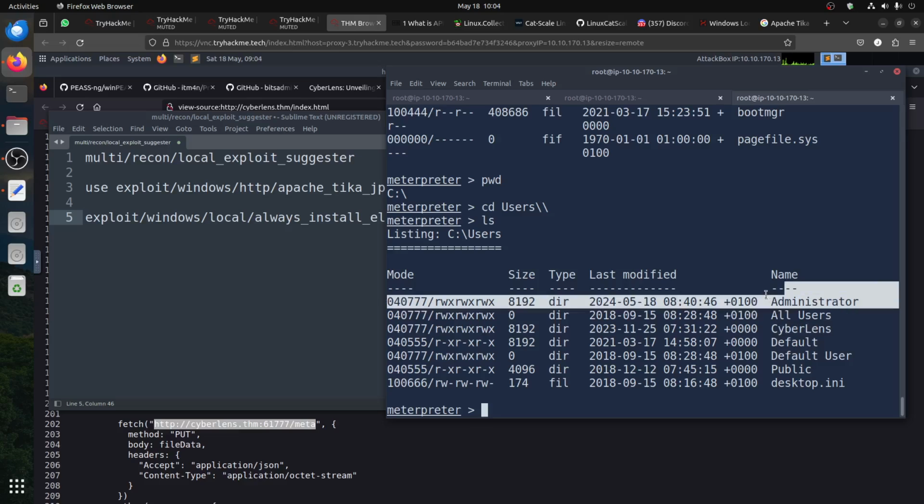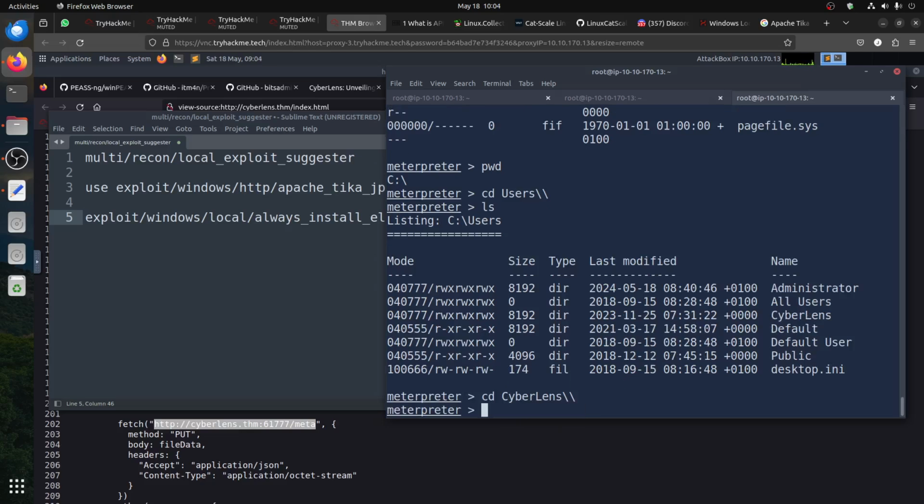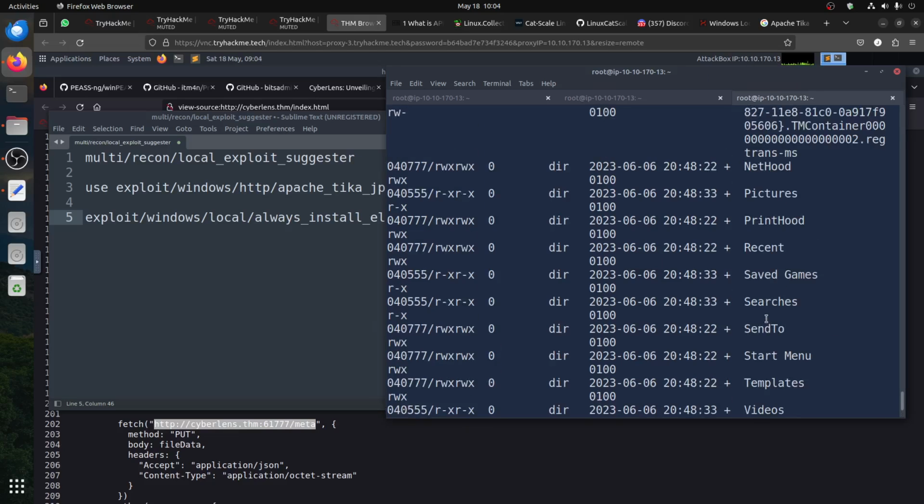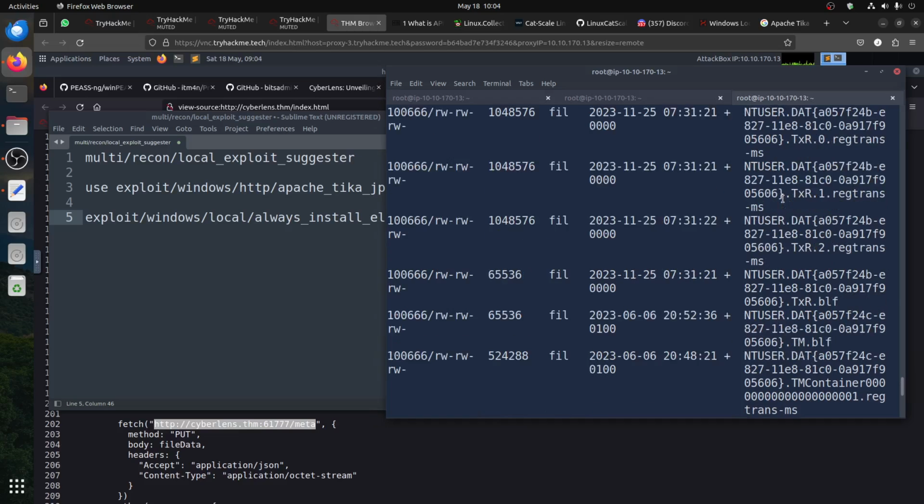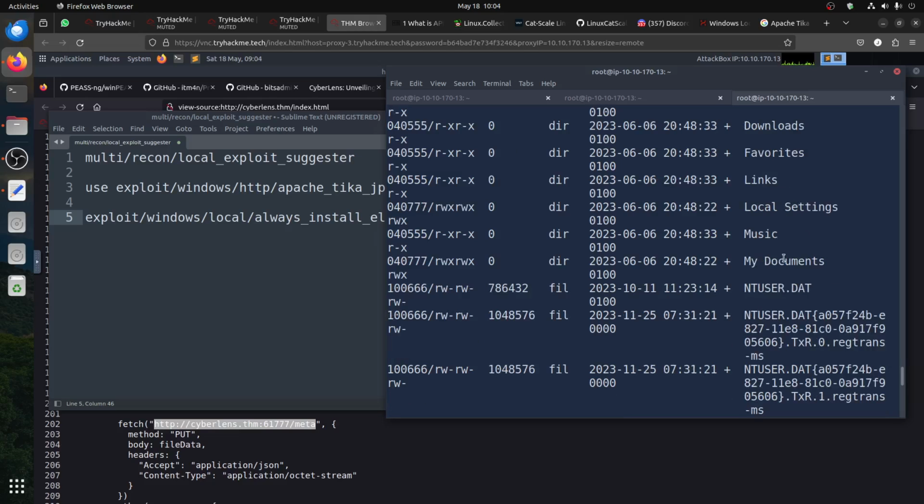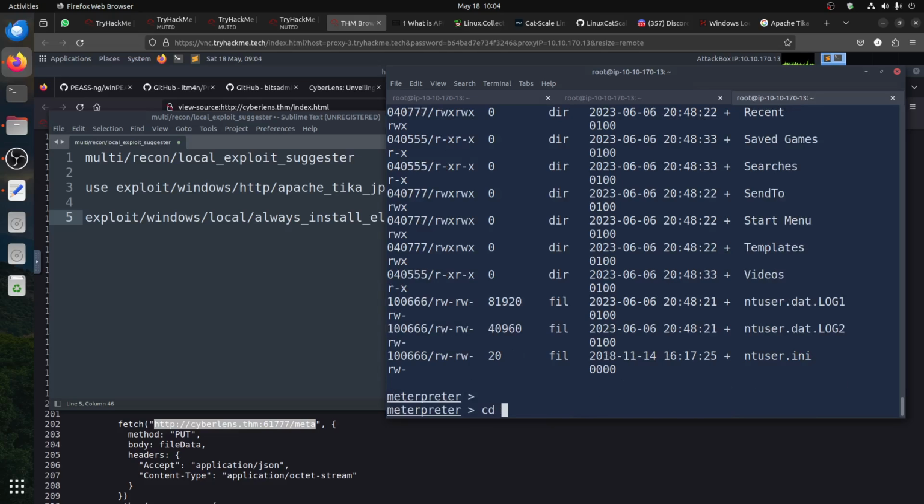After the previous escalation, of course, we need to go to administration. Now it's to go to CyberLens. If I go ls, this is not what I'm looking for. So we need to look for the flag, cookies, desktop, documents, downloads, all of that. So let's see the usual suspects. cd Desktop,